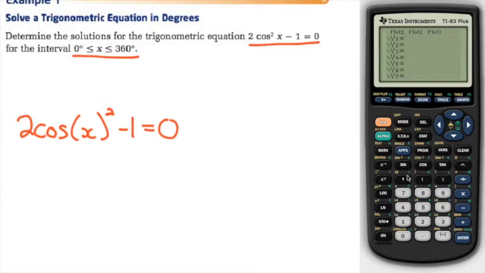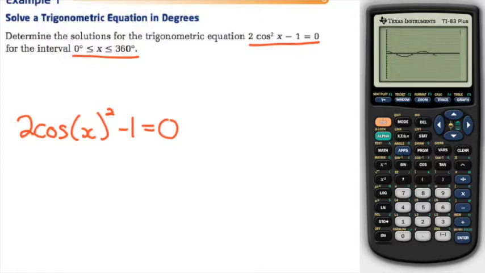Go to y equals and input the equation, 2 cosine x, squared, minus 1. We'll graph that out,